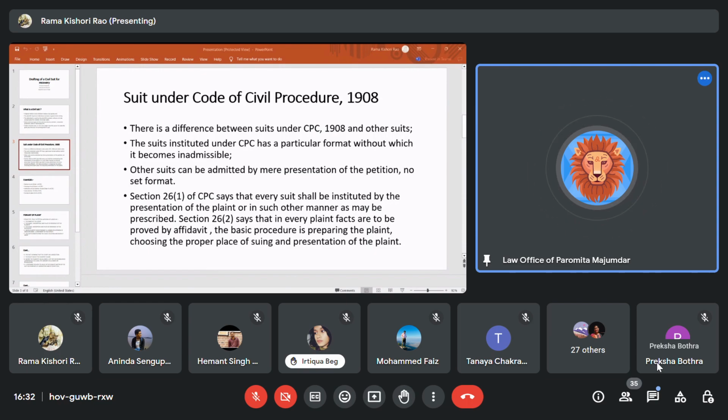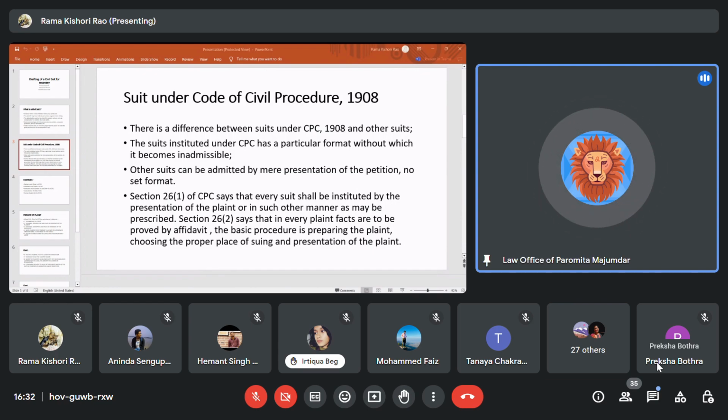Also, the affidavit says that I am well aware of the facts of the case, and the facts stated are correct to my best possible view and knowledge.